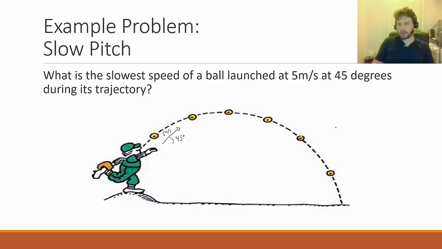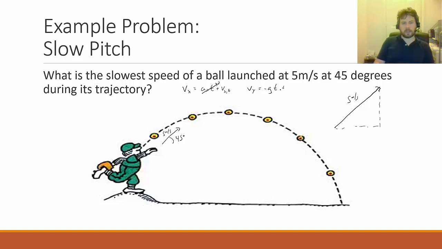Let's look at the initial velocity vector. It's 5 meters per second, and there's some x component of it and some y component of it as well. Now, there is no horizontal acceleration in free fall. So if you use Vx equals acceleration in the x direction times time plus the initial x velocity, acceleration is 0, so it always equals the original, whereas in the y, it'll be minus g